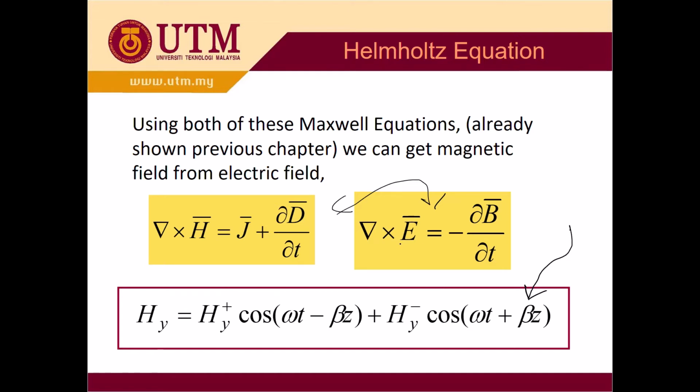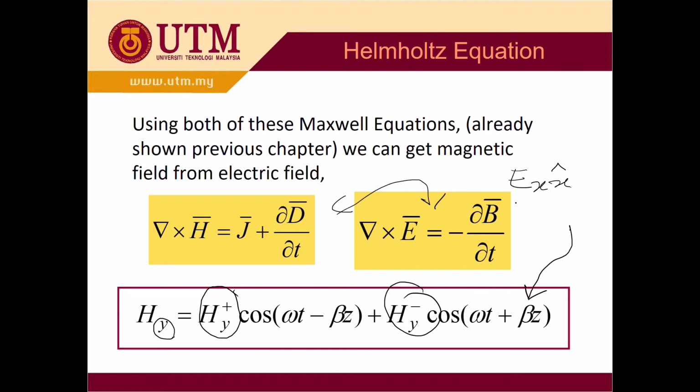Similarly, for the magnetic field, we have the forward wave and the backward wave. For H, normally we have only one component, which is y. But it can be different, because when we have E in the direction of x, with only x components,